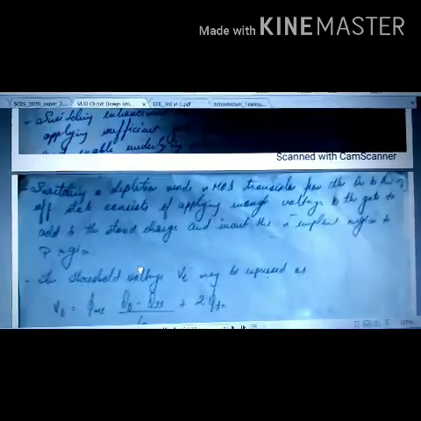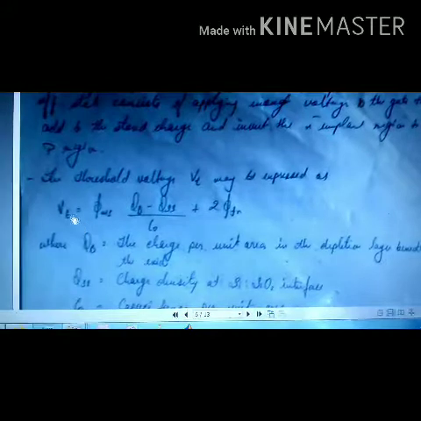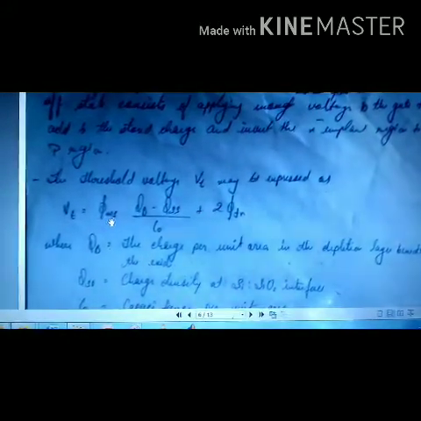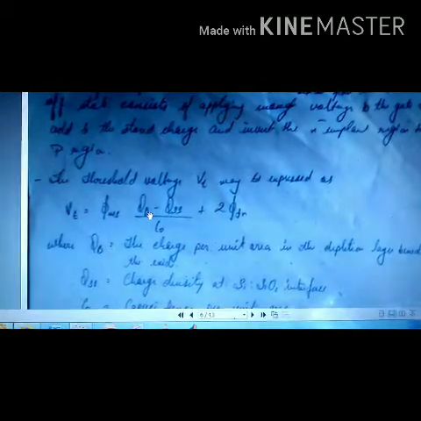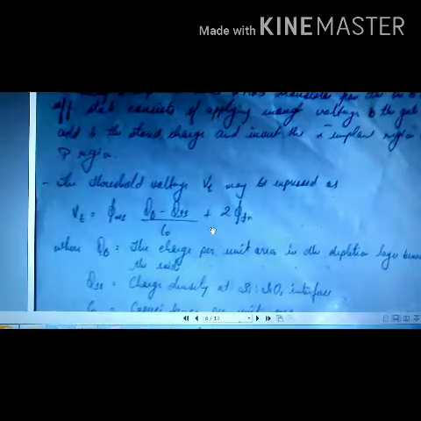Utilizing both these parameters, the threshold voltage equation can be given as shown here, where Vt, the threshold voltage, is equal to phi ms minus Qb minus Qss upon Co plus 2 phi